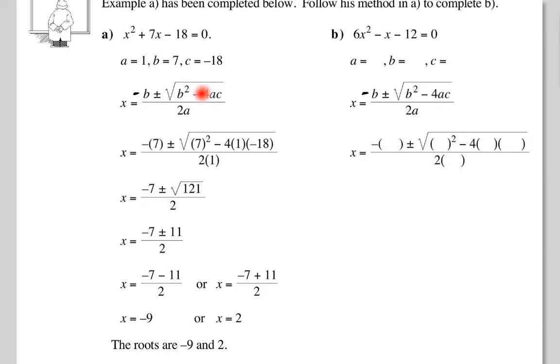Now when we do this inside term, I'm going to teach you just to use your calculator, and it will come out perfect every single time. But the big idea here, if you want to do this by hand,